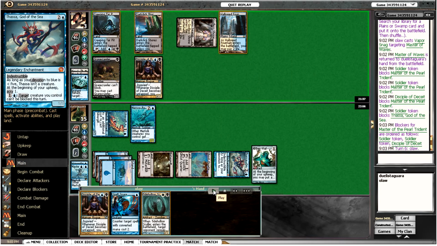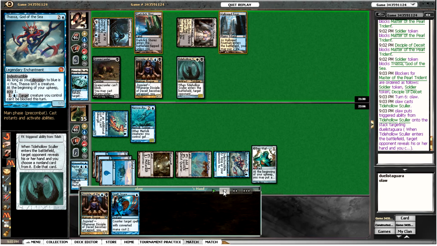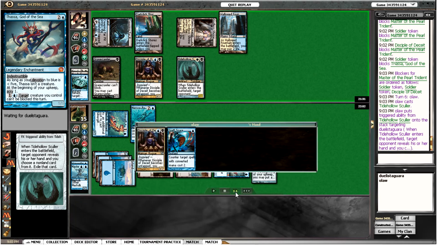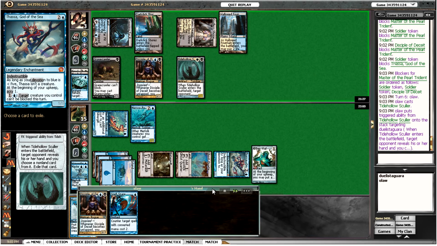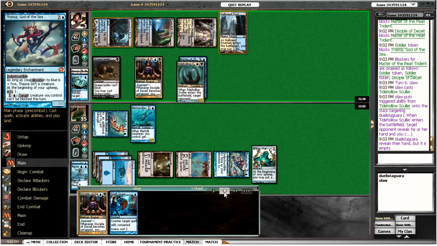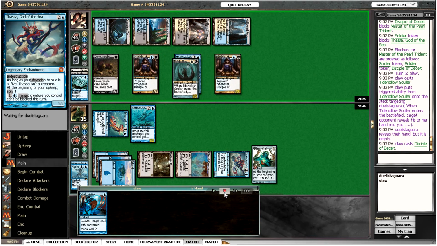And things are not looking great, but it's not too bad a series of plays, and we find a Tidehall Scholar, which is not too bad. I think he just has a land in hand, so we don't get anything here. Oh wait, no, he has Master of Pearl Trident, of course, the card I bounced back. So we get to steal the Master, and we've somewhat